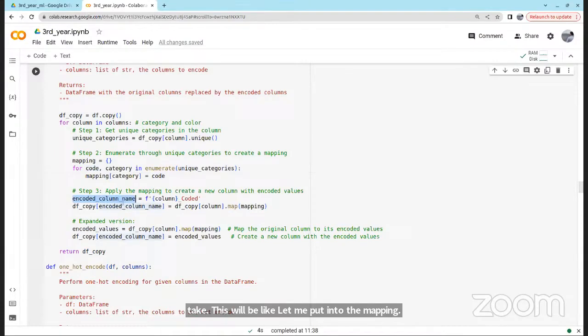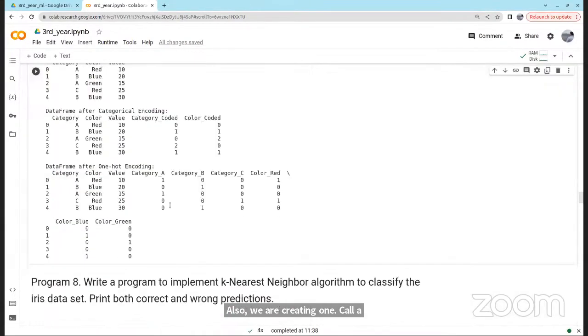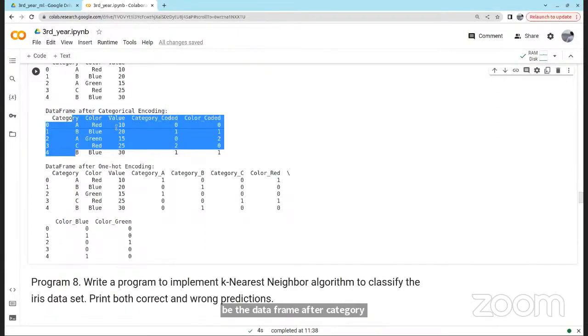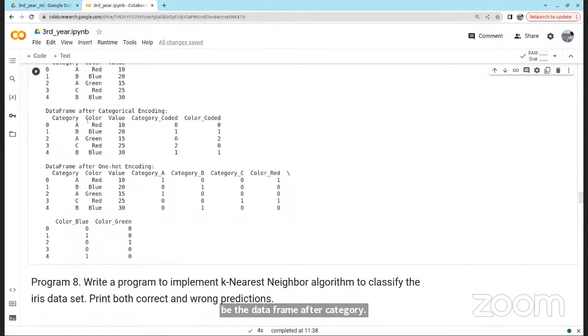Also, we are creating one column name, the new column name. So this will be the data frame after categorical encoding. Category, color, value are already there, and you want to create two more columns: category coded and color coded.